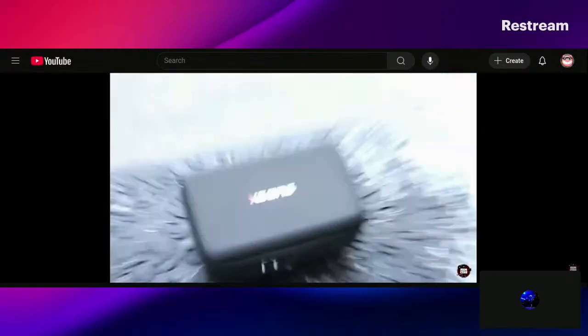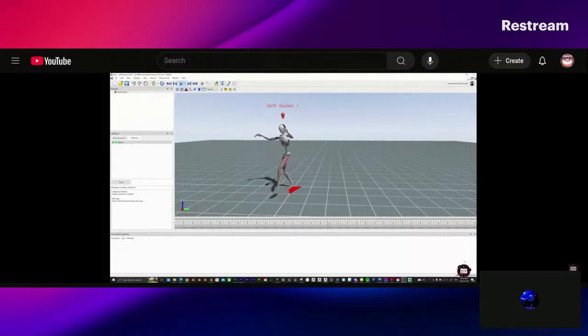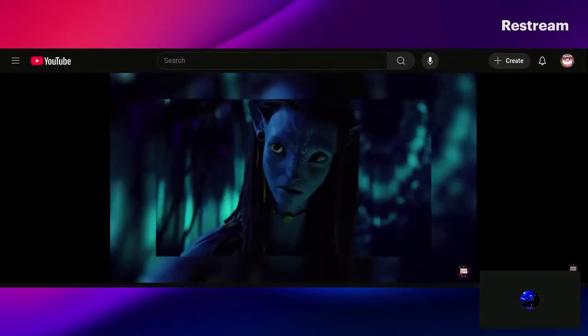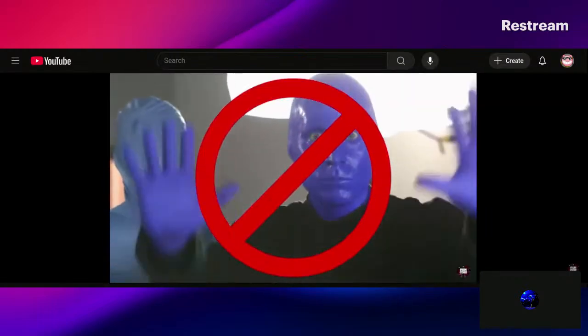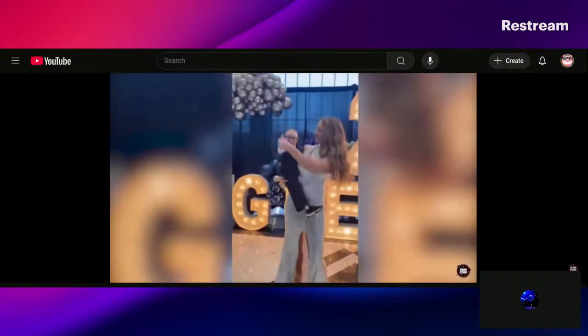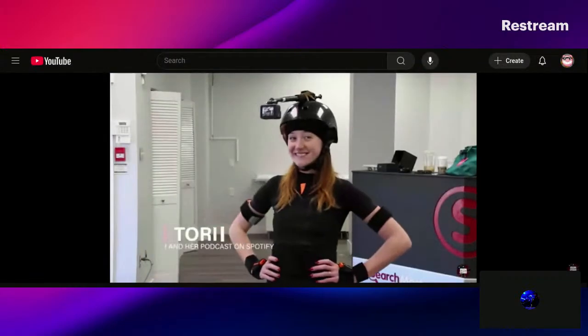But finally it arrived, and after a week of testing, it was now time to capture the performance of a 9-foot tall, sexy, blue alien chick. Unfortunately, even though I am sexy, I am neither blue, nor an alien, nor a chick. Nor am I that tall, which is where my friend Tori comes in, who is definitely